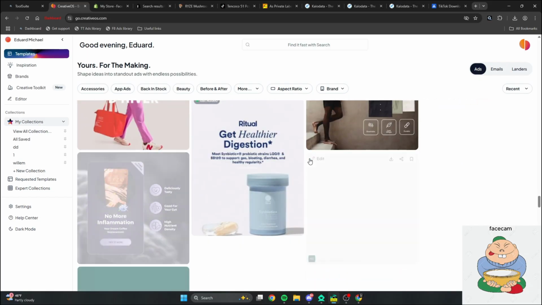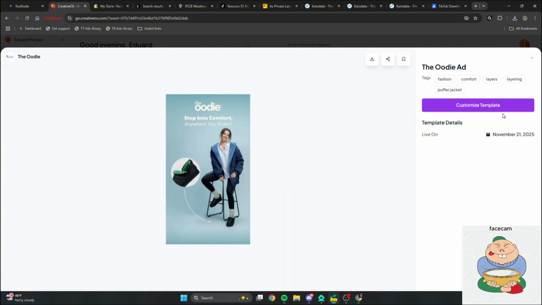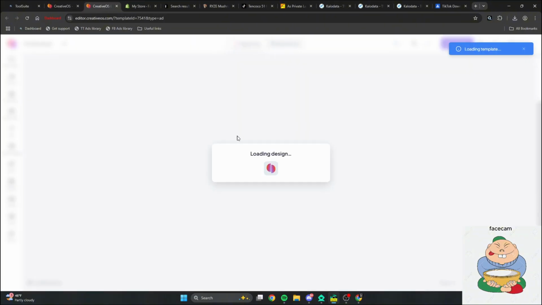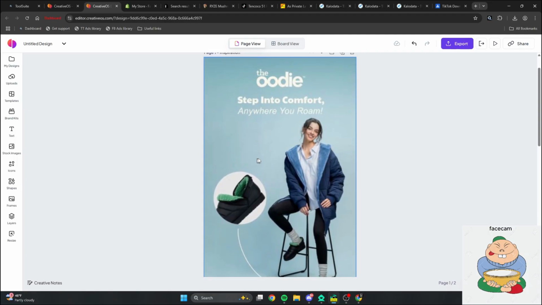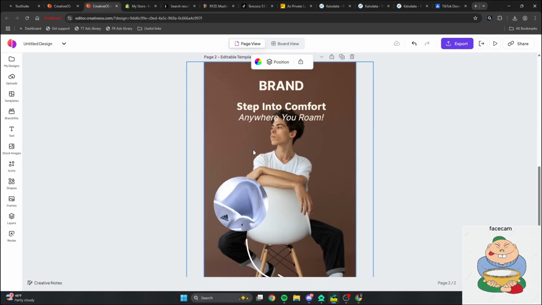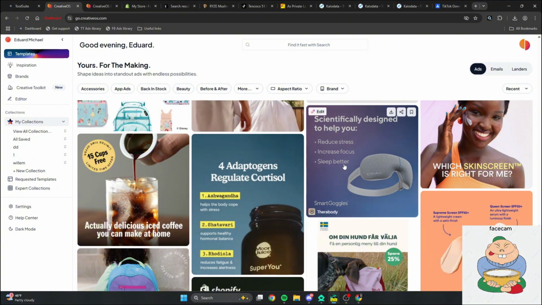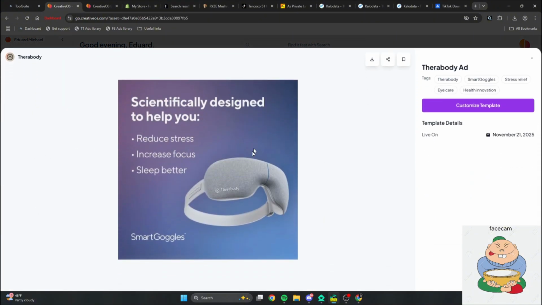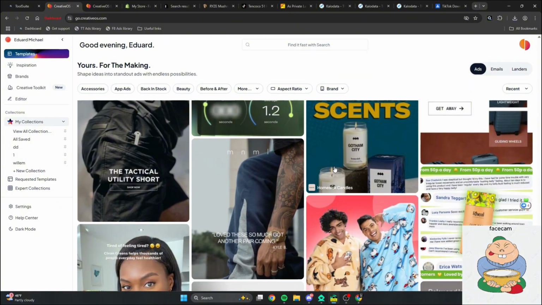Let me explain what that top of funnel ad could look like. Right here, the average person is going to see this ad for the hoodie and be like, what the heck is the hoodie? And then it's showing you what the hoodie is. It's not telling you to buy, it's not giving you more information on the product, it's simply something that makes the person product aware. Then that pushes them down to the second part of the funnel, which we're going to do right here. It tells you what the product actually does, but it still doesn't sell you. That's middle funnel. It's basically the whole process of pushing someone to buy.